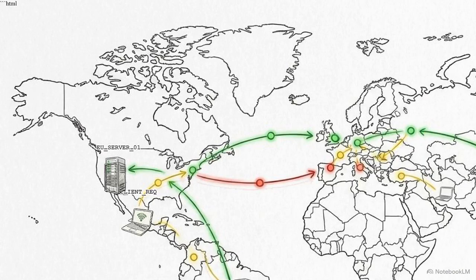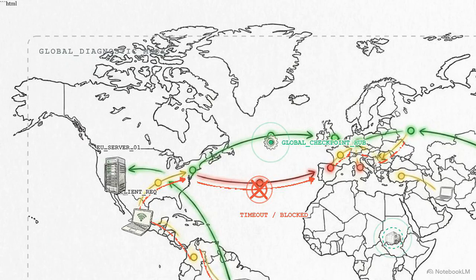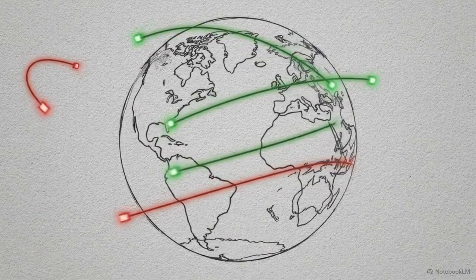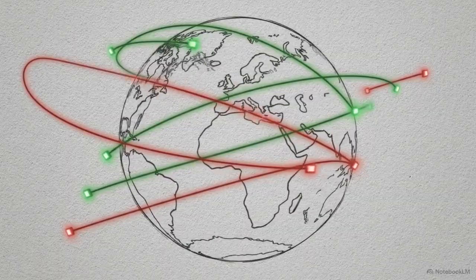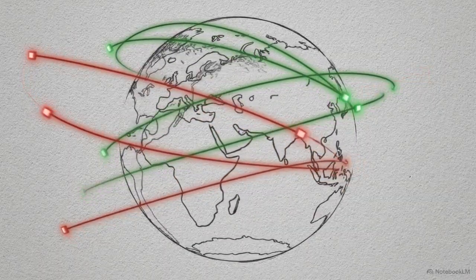This diagram shows a normal site request. If a block exists between your local machine and the server, the request fails, generating a false negative. But zooming out, the tool bypasses this. It pings the URL simultaneously from multiple global checkpoint locations. Bypassing your specific ISP and local network gives us a clear global perspective on whether the server is actually available